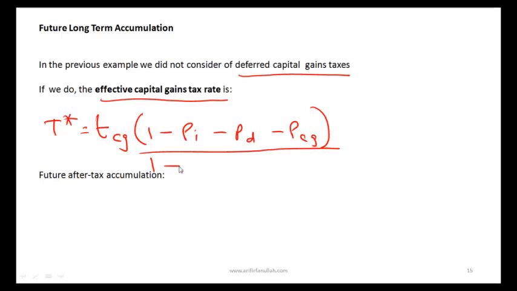1 minus portion of interest times TI minus portion of dividend times TD minus portion of capital gain times T capital gains. The way you can think of this is, what is the denominator here? This is how much money you have left after paying all your taxes, and you can have whatever interpretation you want of the